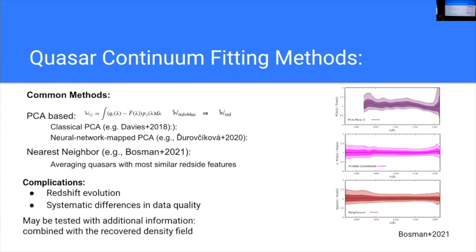So the second panel shows replacing this linear mapping with a fully connected neural network, how this prediction can improve. And also there are other methods coming, like the nearest neighbor or deep learning machinery. So it's promising to see that bias can be lower, to much less than 10%.